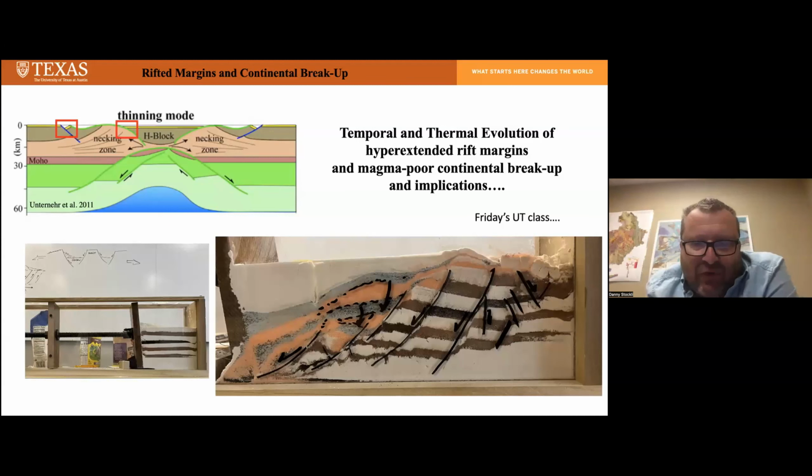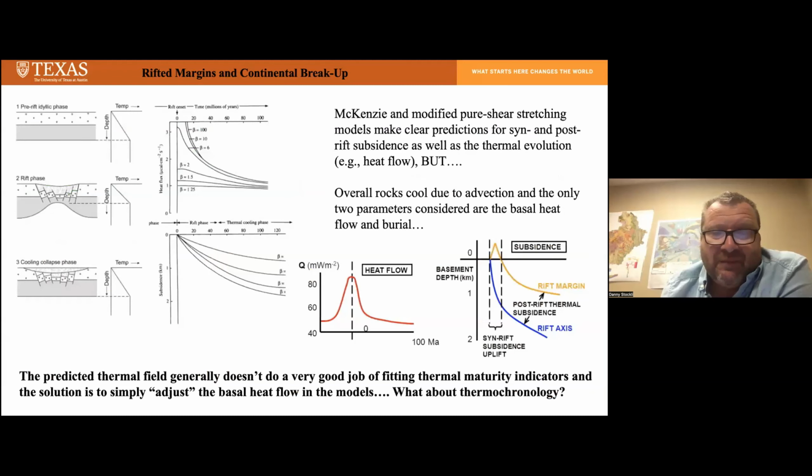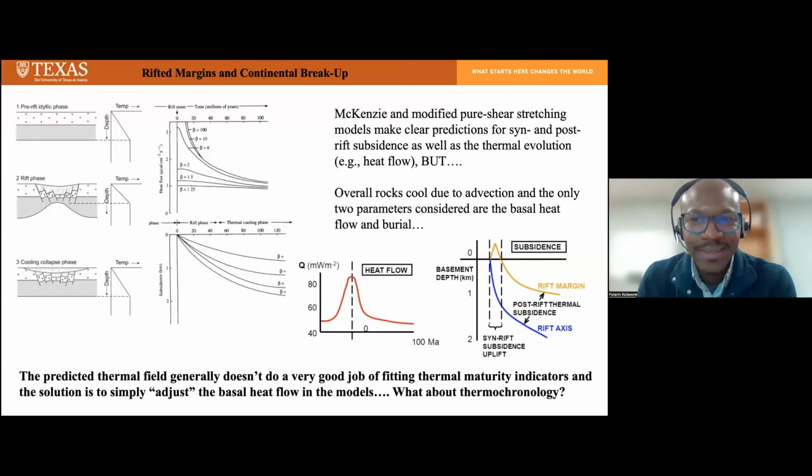if you have sediments, that's of course very useful in terms of giving you insights into the timing and thermal structure in terms of thermal maturation indicators. But often you don't have that, or the rocks are simply not accessible. One of the things that I think has been really useful is the McKenzie pure shear model that made a lot of predictions about subsidence and tectonic